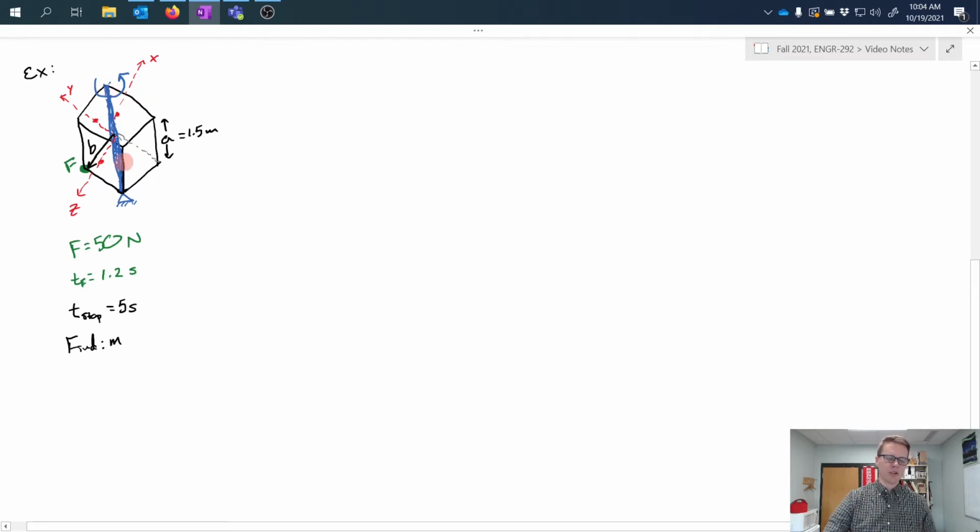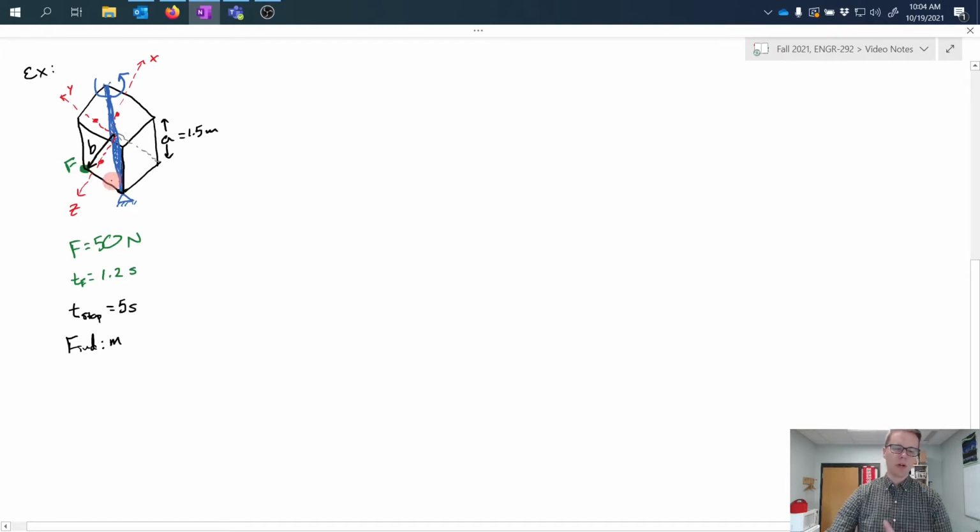The blue section is supposed to be vertical. The drawing's not perfectly vertical, but it can rotate about that support structure, and it's hollow, so each of the sides is made up of a thin plate. And the problem statement basically is that we want to understand if we were to apply a force at one corner located out here where the green circle is,